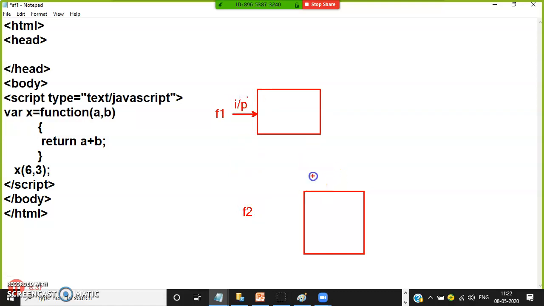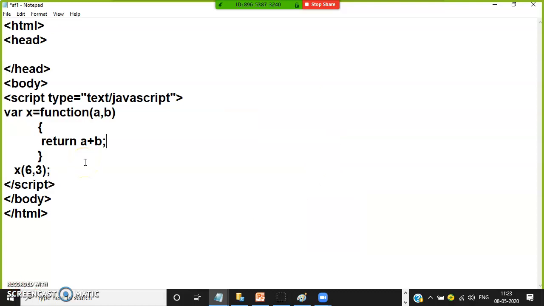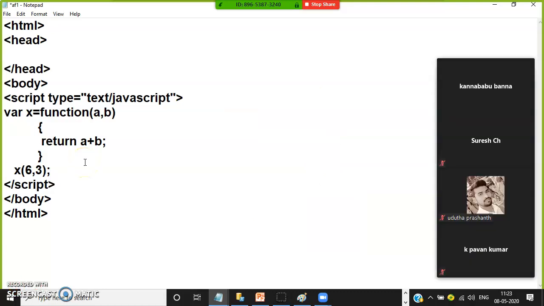If the output of one function is the input for another function, then we have to give a return type. Are you following? We'll see in the next video. I will explain about multiple function calling and everything.